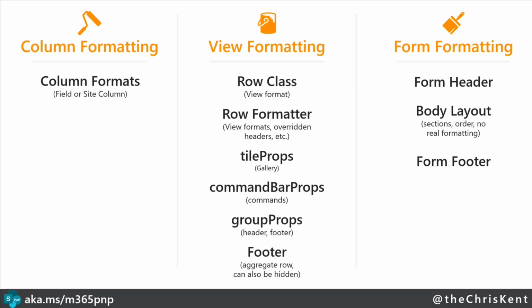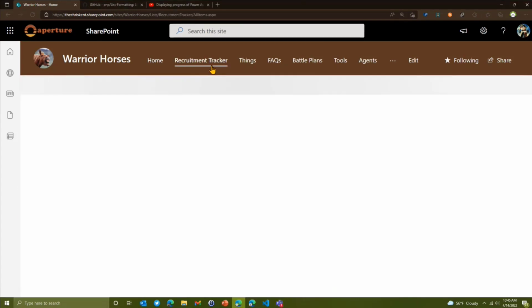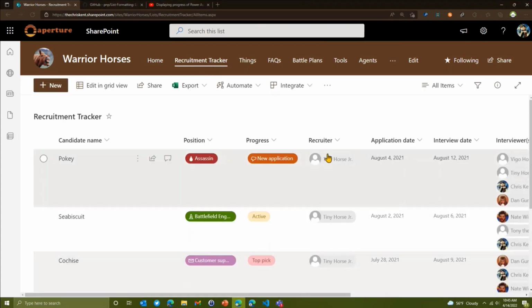Let's actually take a look at what the heck I'm talking about. So we go back to our classic Warrior Horses site. We get rid of that before Vesa unmutes. Perfect. Okay, so we come over here, and we've all got our Warrior Horses site, right? And we've all gone through and deployed a recruitment tracker because we're trying to hire more horses, and we all know it's a horses' market, right? So we've got to get those horses in here. What we've done is deploy the standard new template for recruitment tracker. That comes with a couple of nice column formats around our choices, and that's cool. In fact, we've even applied a custom icon in here, and there's a video about that if you really want to look into it.